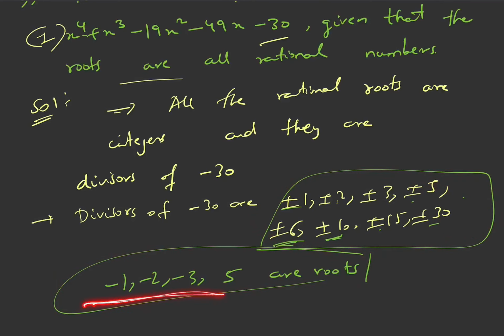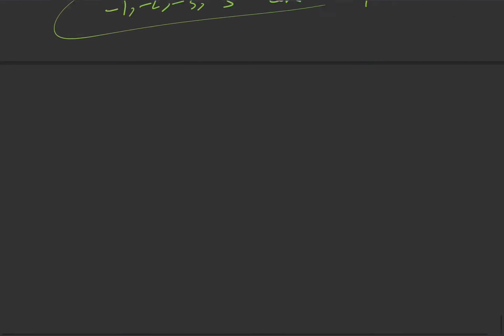So you just check this on your own, right? You check for all the values. Don't just leave it like this. You check all the values and you'll find that these are the roots. So these are all the 4 roots of this equation, right? So this is how the rational and the integer root theorem will help us. Let us do one more question.